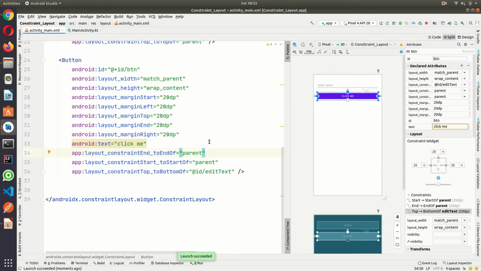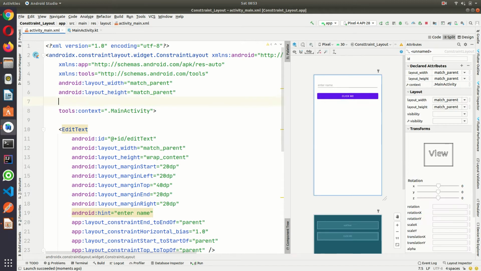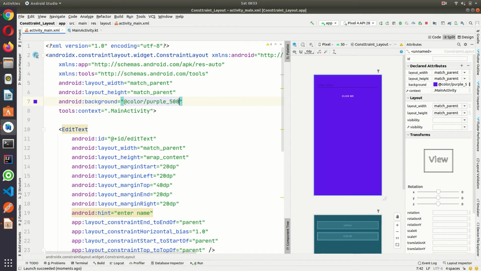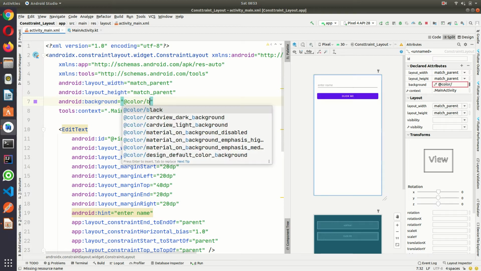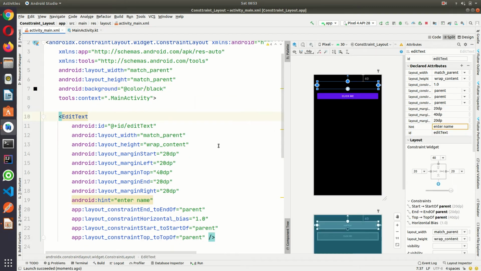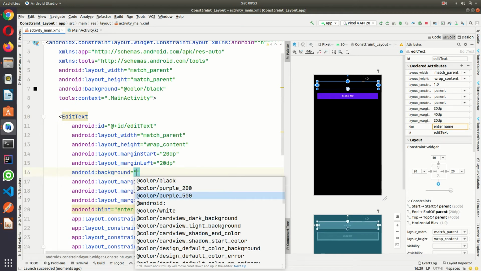Okay, and suppose I am making, let me change the background. This background I'll make white.